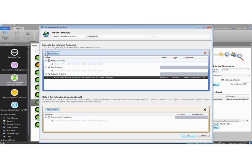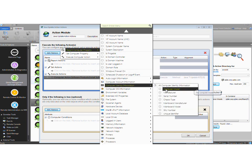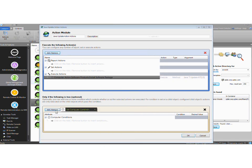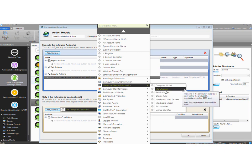Scope actions as a whole is something, again, sort of like the Lego blocks that I was saying before. You pick and choose all your little items that you need either to make reports or to execute, and you can put them together in a stacked way so that you get that runbook feel. And then at the end of this, you can go ahead and set the conditions. And this is the intelligence part. So if you need to run a report on every machine that has less than a certain amount of disk space, or that has a certain service running, or a certain registry key is present, you can go ahead and choose those little pieces that you want and put them together in a nice,